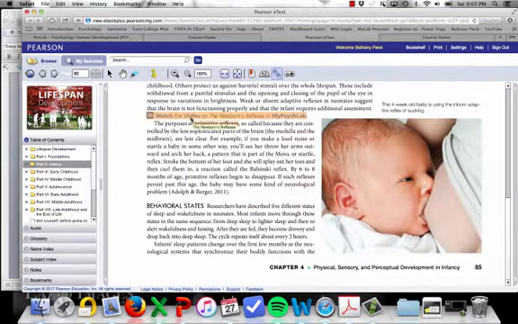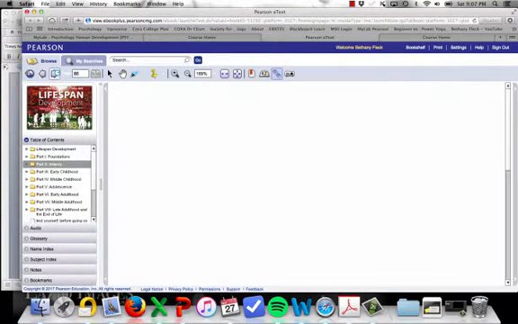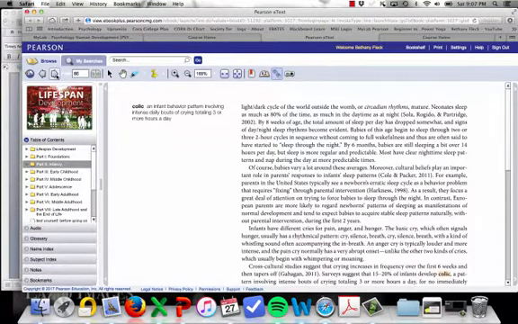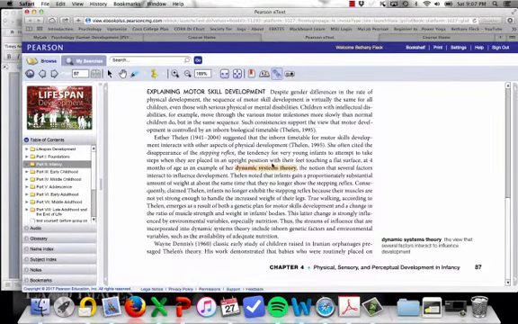Okay, see, these are the kind of cool links that exist. So it says watch the video on the newborn reflexes. You could click this link and then that could take you to a video. So it's interactive when you have the ebook, which is another thing that I think is pretty cool.